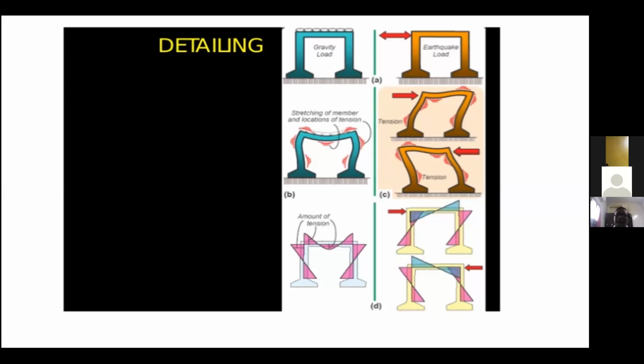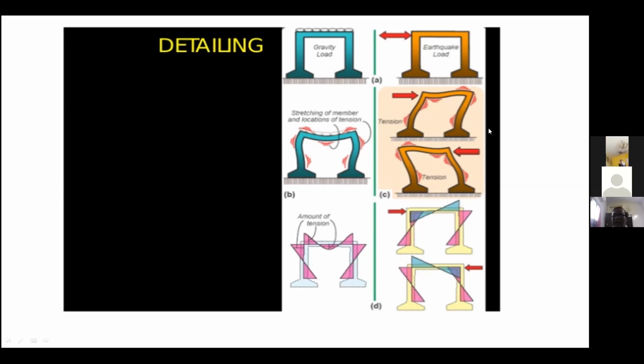So the earthquake load, if you look at it, may act from left to right, and the earthquake may also change its direction. The arrow mark indicates the direction in which the earthquake may act. In the first figure on the right hand side, the red arrow shows that the earthquake force is going to act from left to right. In the next direction, this is an arrow from right to left. So the steel required is marked here, and the bending moment diagram is given below.